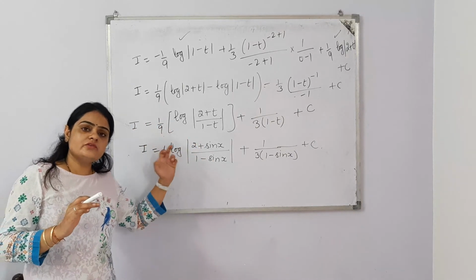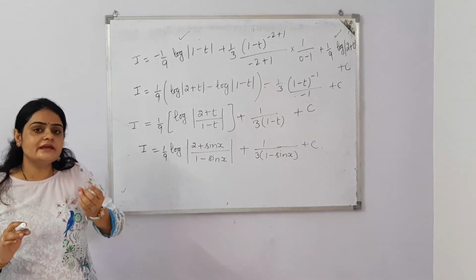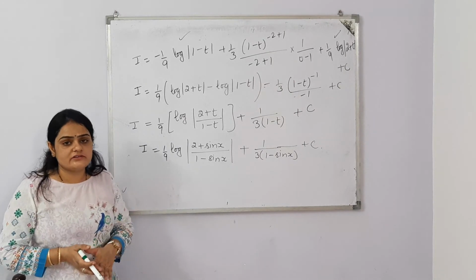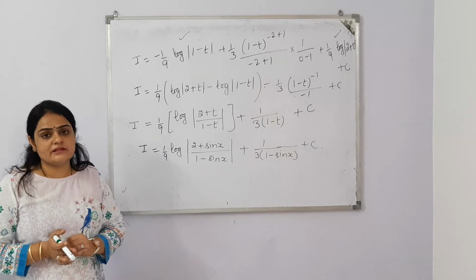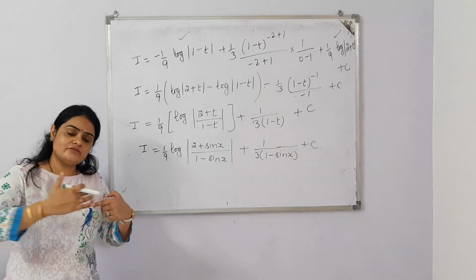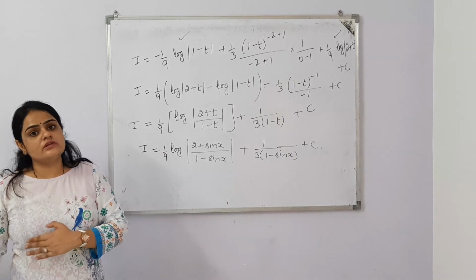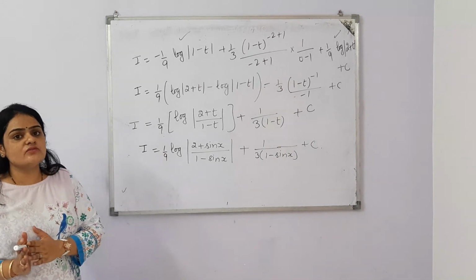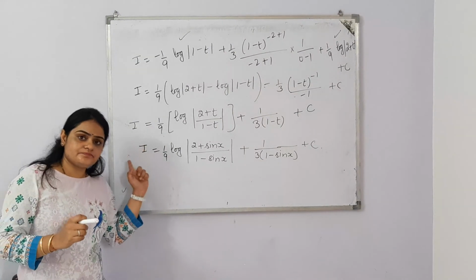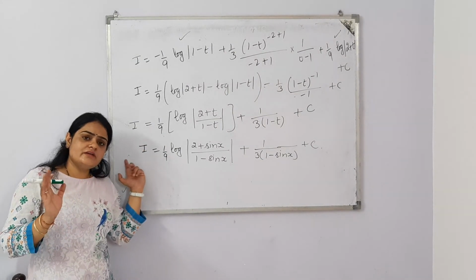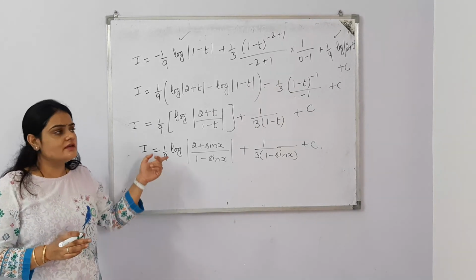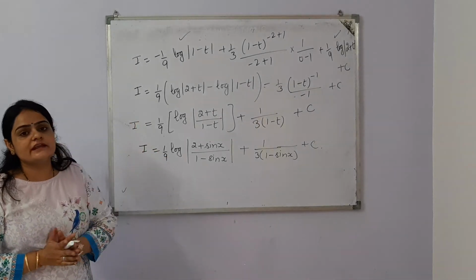So how can we substitute a function? We'll take a hint from the fact that its derivative will be available in the function. We have to take that function whose derivative is available in the function, equal to t or any other variable that you want, except the given variable. Here the given variable was x, so I have taken sin x is equal to t.